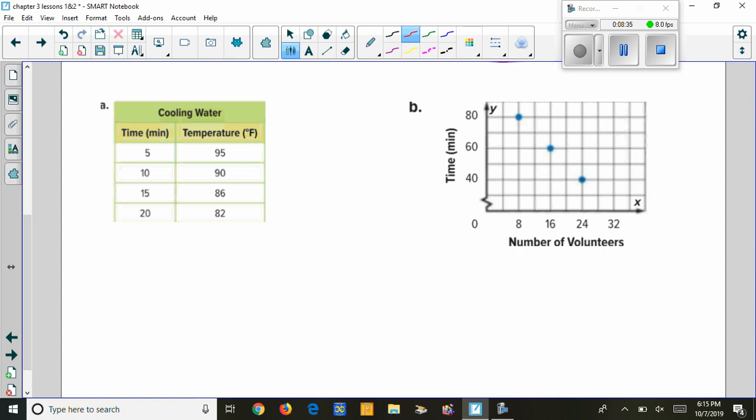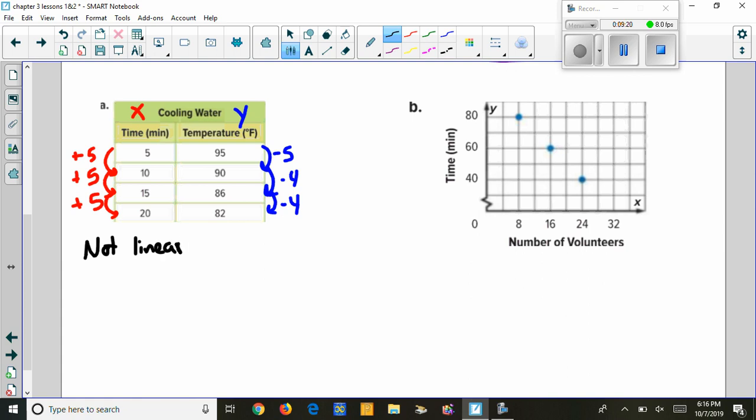Let's talk about the cooling water. My x values are time, and for time, when we look at it, it's always going to be constant. Time does not change in terms of its rate. For the y's, I have minus 5, then I have minus 4, and minus 4. So notice that this time, your y's are not constant. So I'm going to say not linear,